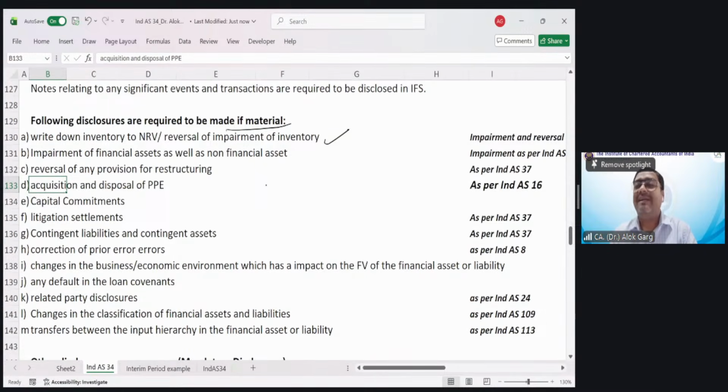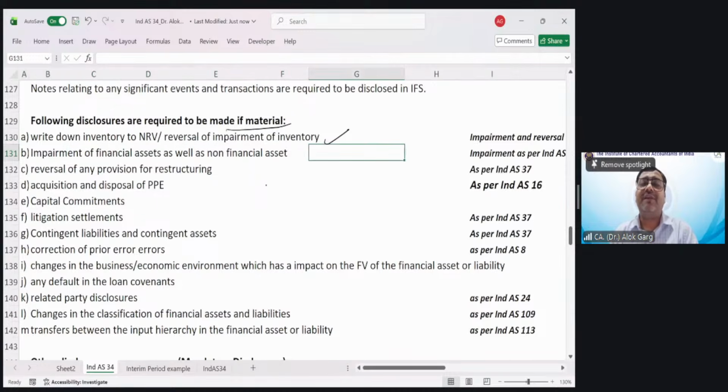Because for many items you will not be able to understand what is the meaning of that item. But what you need to understand here is that these are the disclosures required. You will be able to understand these items when I cover them in the respective standard. Is that clear? If I start covering all the items, it will take 8 hours and you will not understand all the items. Since you are CA Final students, a few items you are able to understand beautifully, like inventory, NRV, because you have read this in CA Inter also. Cost or NRV, whichever is lower. Yes or no?